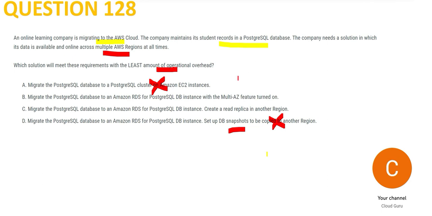And option B will not work because we are talking about the multi-AZ feature. Here we are talking about multiple regions and not multi-AZ. See, one region has multiple availability zones. They are looking for multiple regions, not multiple AZs. So in this case, you will have to create a read replica in another region. So the replica will keep getting replicated. The sync will keep happening in the other region, and that is the best way to make data available in all